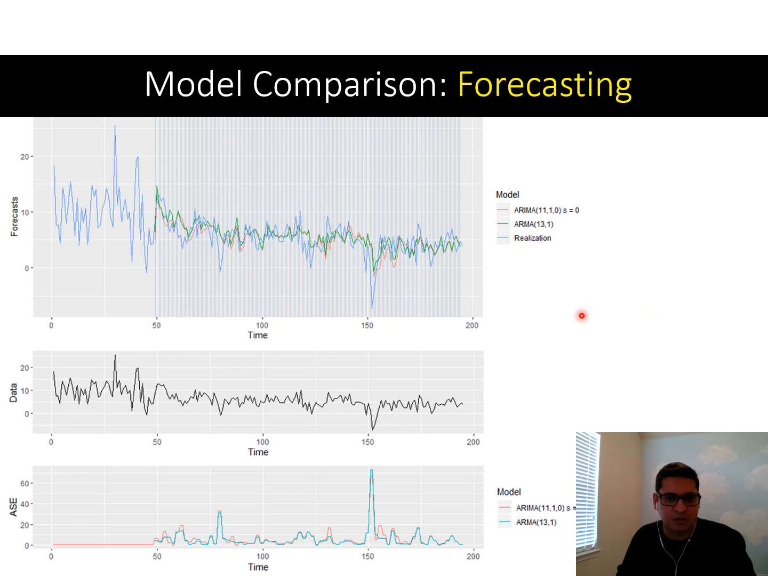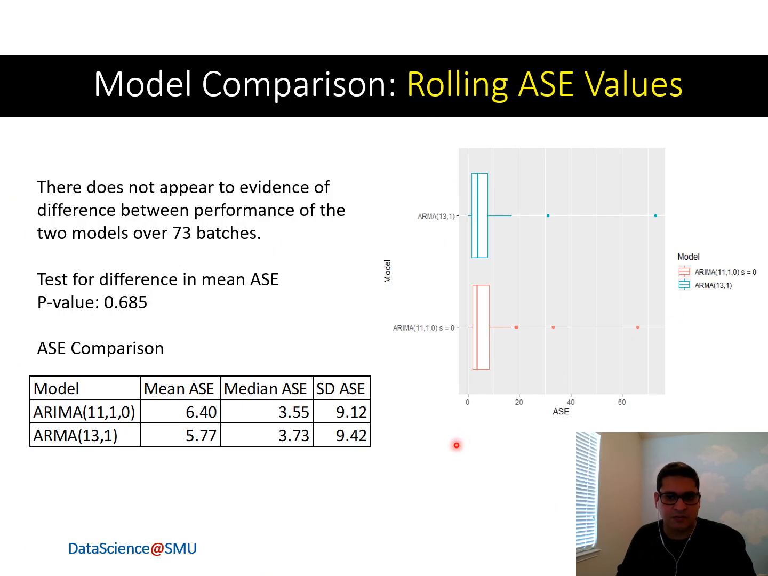Looking at the forecast for the rolling window, we find that neither of these models does a very good job at predicting sharp dips in GDP, and we find that the ASE value actually increases quite a bit whenever there's a sharp dip in GDP value. Looking at the ASEs across the different batches and comparing them statistically, we find that there is no difference between the two models statistically. The p-value is 0.685, although the ARMA model has a slightly lower mean compared to the